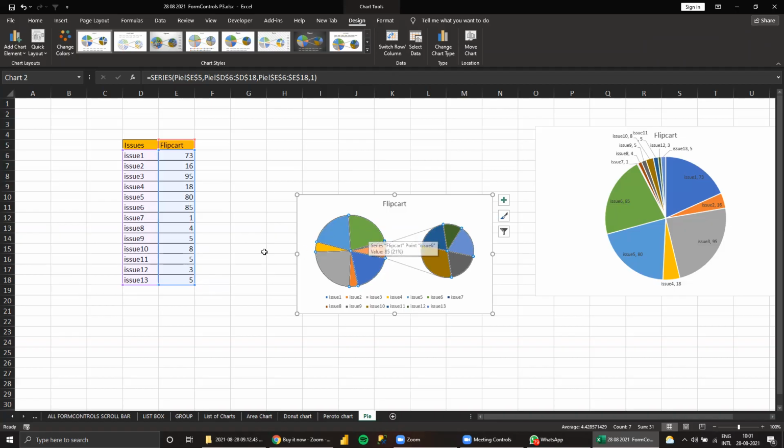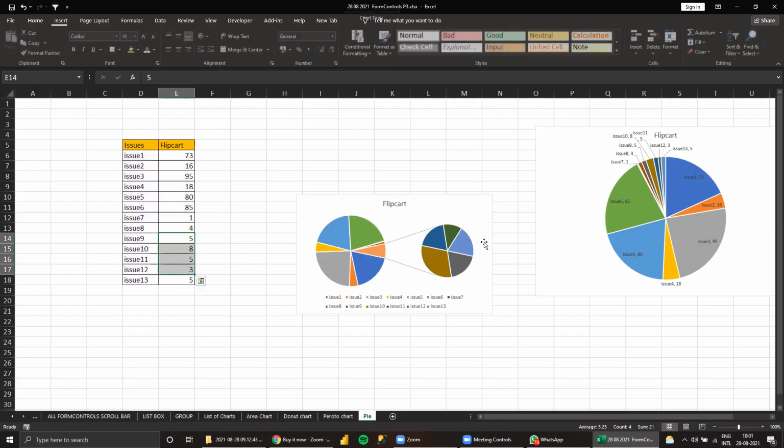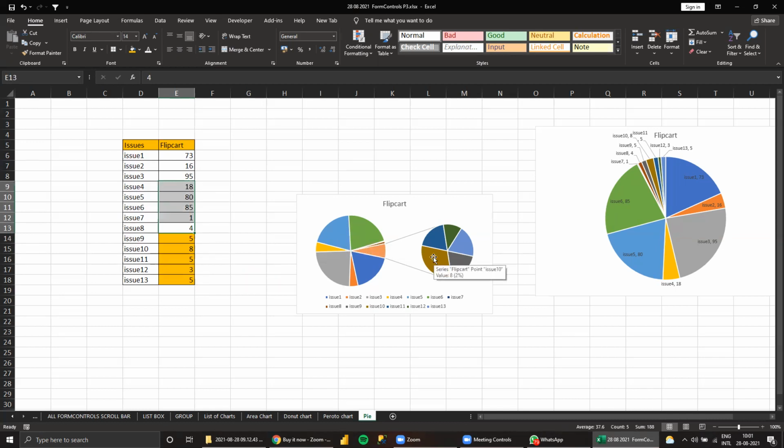Okay, anyway, one thing is not added. I'll tell you. See here, 1, 2, 3, 4, 5. So 1, 2, 3, 4, 5. Only this is taken. This one is not added. By default, this is shown in the separate pie and this all in the main pie. Now this is the default. Customize it. This should also be part of it.